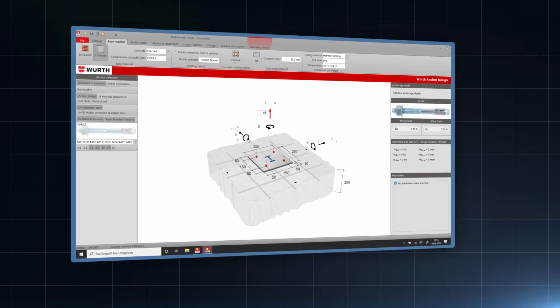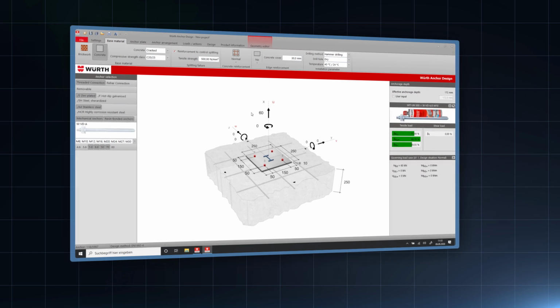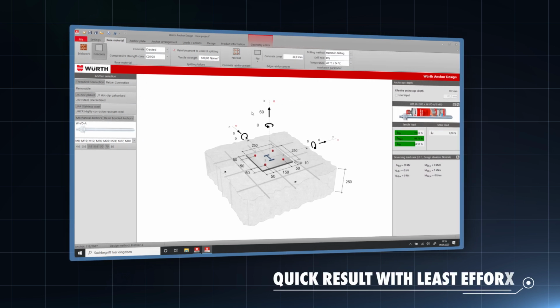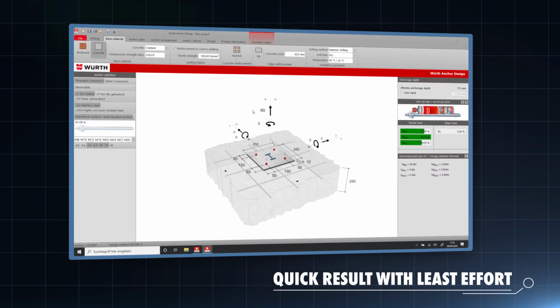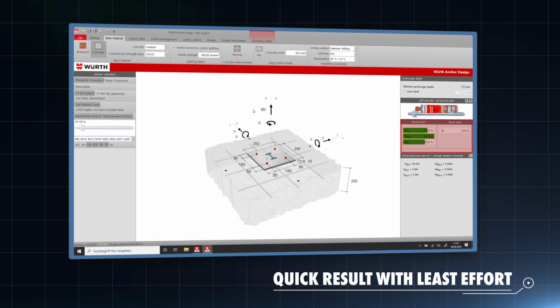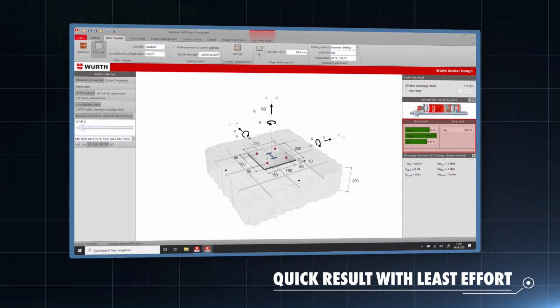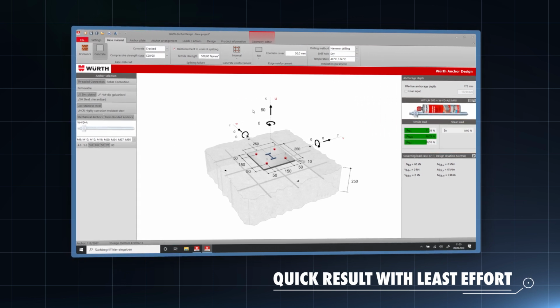By entering the load in the 3D model, the Wirth anchor design software automatically calculates a result with the most economical product. The visualization of the anchor utilization with green-colored bars notifies the user right away whether his or her